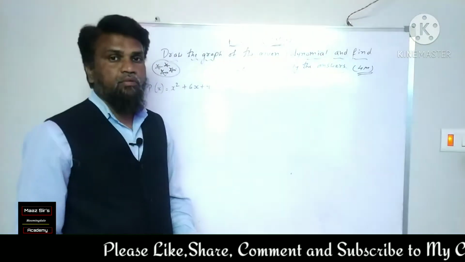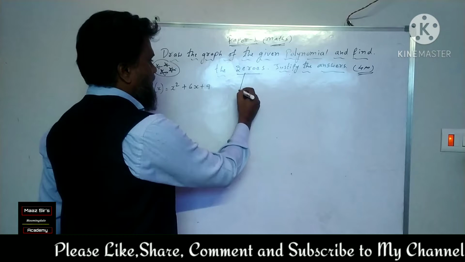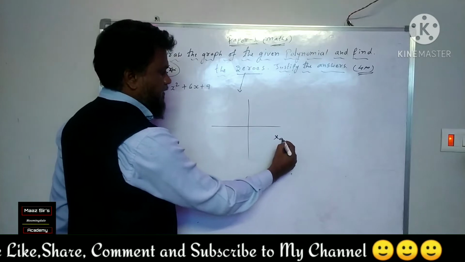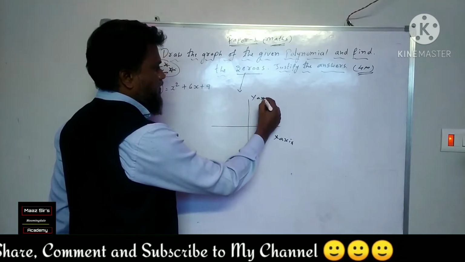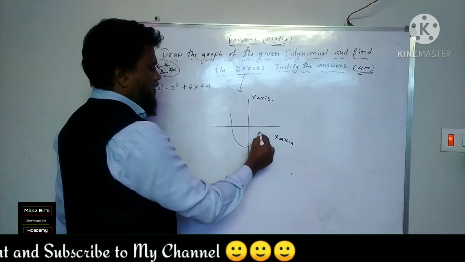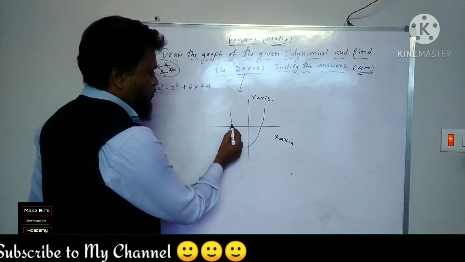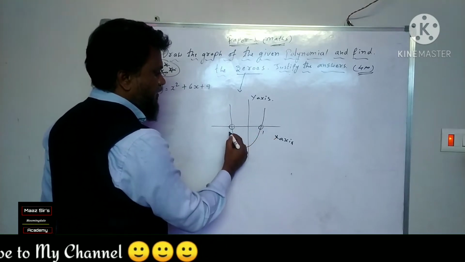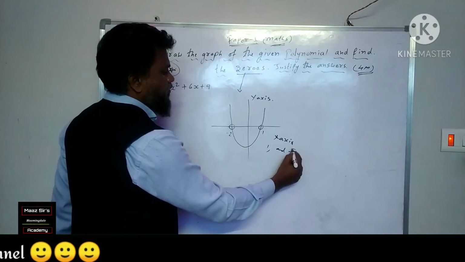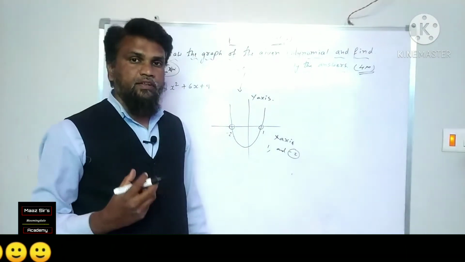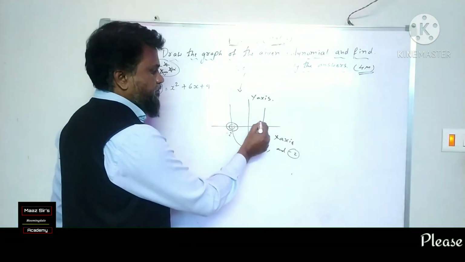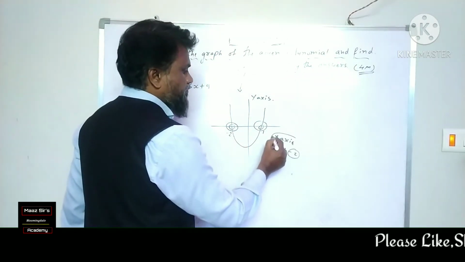Before explaining the problem, I want to give some brief introduction about zeros. What are the zeros? For example, this is the x-axis and this is the y-axis. Whenever we are drawing a graph, if the graph is cutting the coordinate system at these 2 points, let us say it is 1 and this is -2, then the zeros are 1 and -2. So what is the meaning of zero? Zero means the point at which there is an intersection, that is generally on the x-axis.